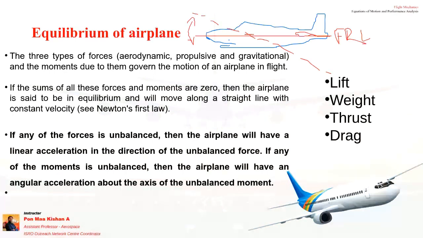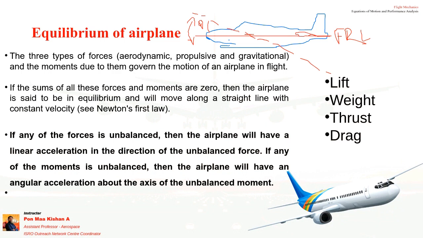Okay, so the angle between them will be given as theta. Let's say pitch. So pitch up, pitch down angle, and rolling angle, and yaw angle will also be given correspondingly. So the pitch up angle is getting changed, right? When the forces change, the corresponding moments will also change, and the pitching angle will also change. So when there is an angular displacement, correspondingly there will be a change in angular velocity. When there is a change in angular velocity, the corresponding angular acceleration will also change. Can you understand?